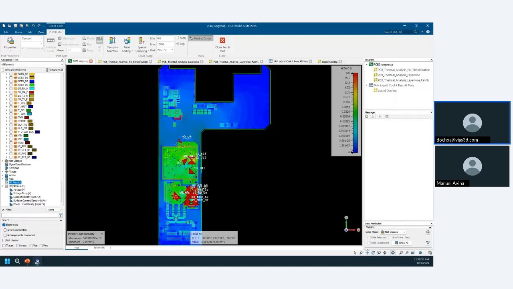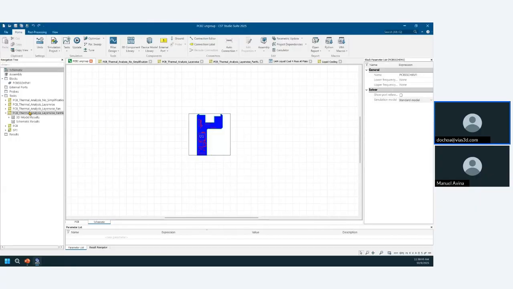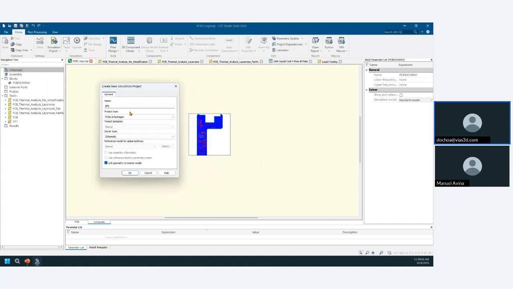Once you have that, let me close this, then we have to move to the schematic. I already have a few of these projects created in here. The only thing you have to do is create a simulation project directly in here. That simulation project should be of thermal and mechanics. These are the modules available in CST. It should be a thermal mechanical problem, and from here you can select the solver that you want to use. In all of these examples, I'm using the conjugate heat transfer. Once you do this, the only thing you have to do is click OK, and it will create